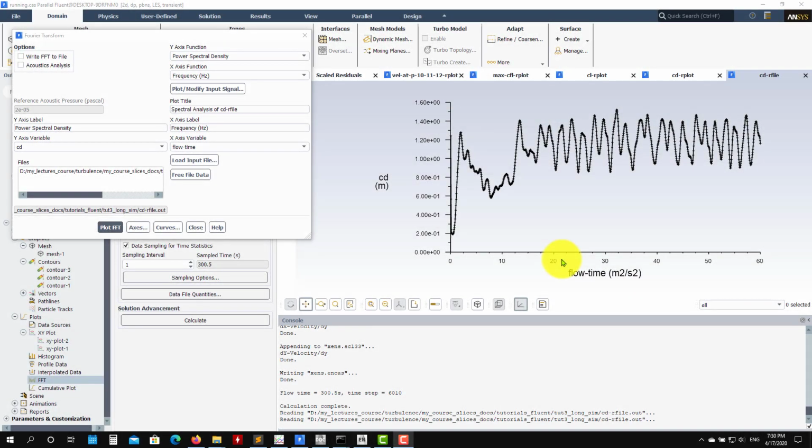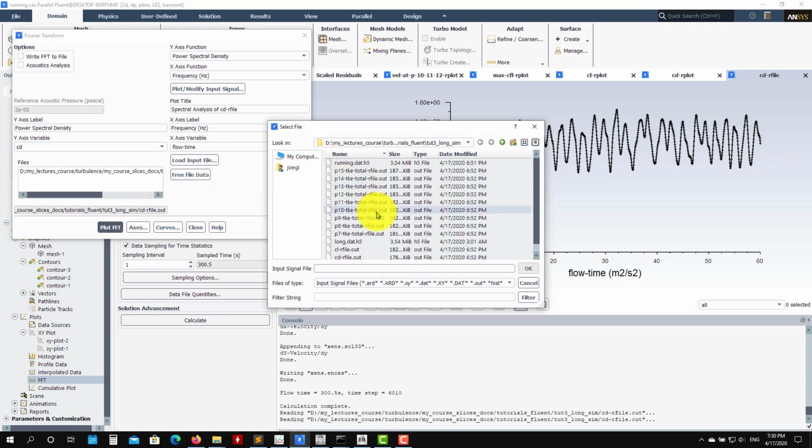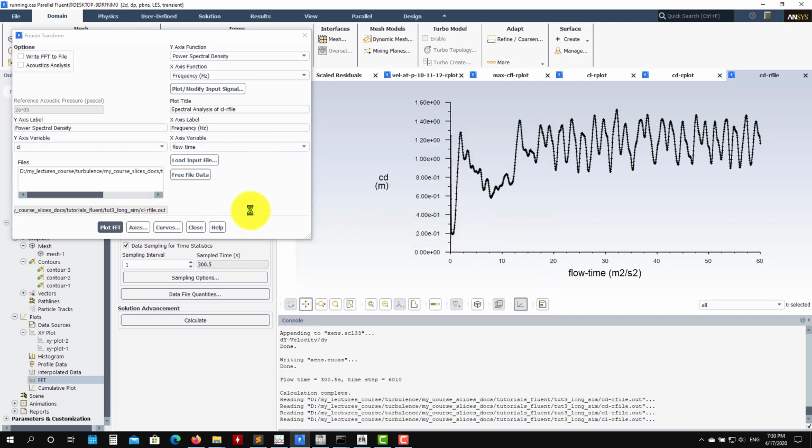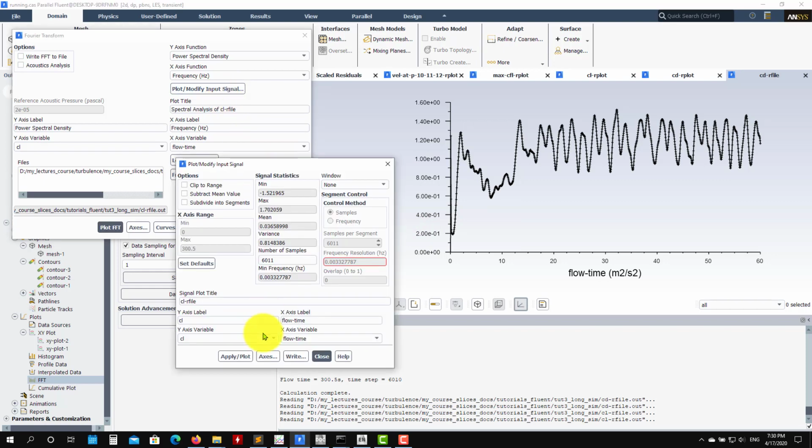Hi, to continue the post-processing that we were doing, previously we ran the simulation from 0 to 60 and we have the signal. So if you look at that coefficient, drag coefficient in this case, you will have the idea that it is kind of reaching a periodic behavior. But remember, you have different signals, so you have to look at all the signals, all the information you have. So as you look at the lift coefficient signal,